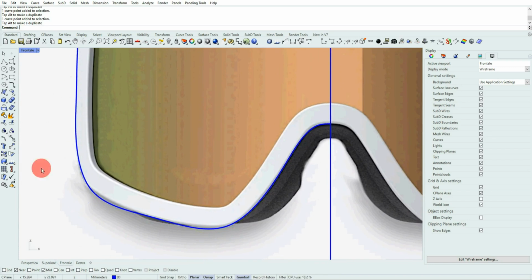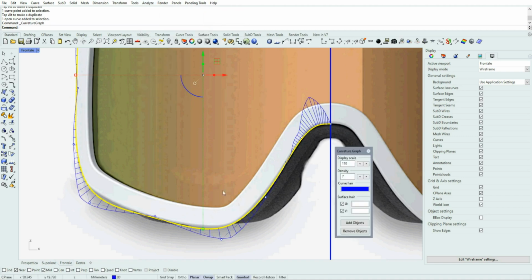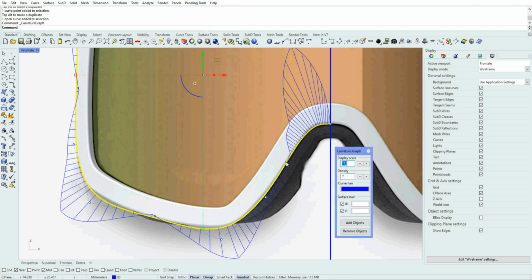Okay, so we are just adjusting all points. We can use the analyze curvature graph to better understand how the curve goes. You see, this graph shows